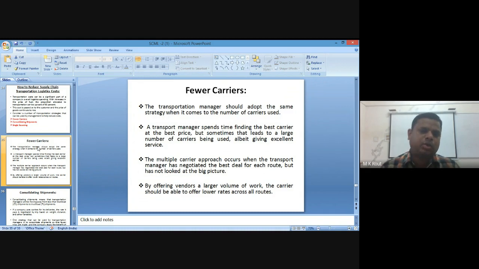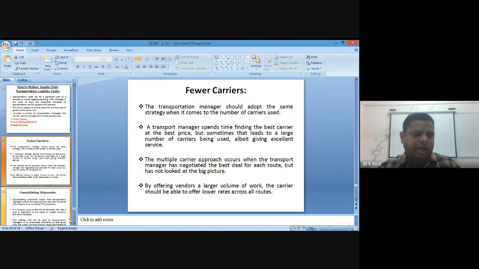And due to the choice of fewer carriers, a particular trust is built from both sides, from the company side as well as the agent side, and that trust directly helps reduce the cost in price negotiation, in incentives, and in route optimization. You can directly focus on lowering the different rates which are directly or indirectly associated with your transport agency.